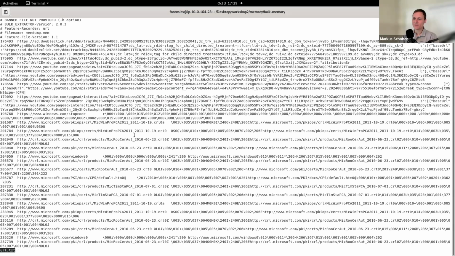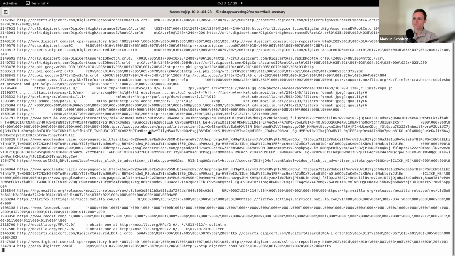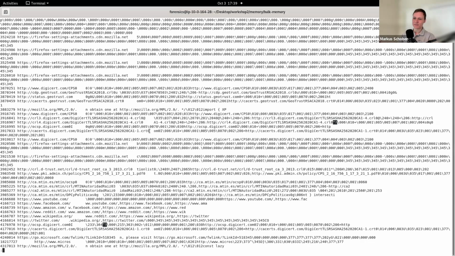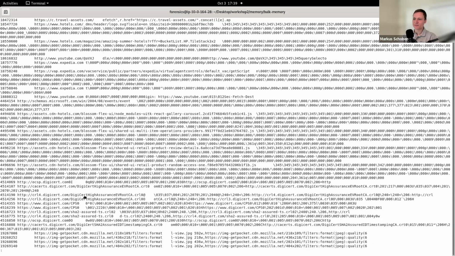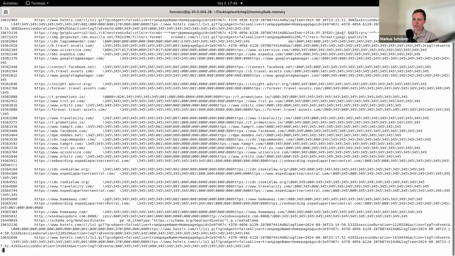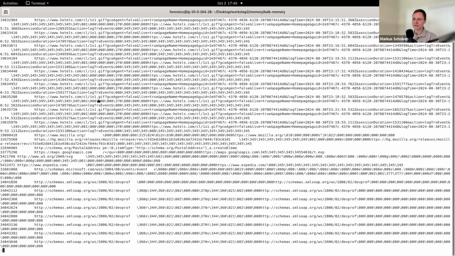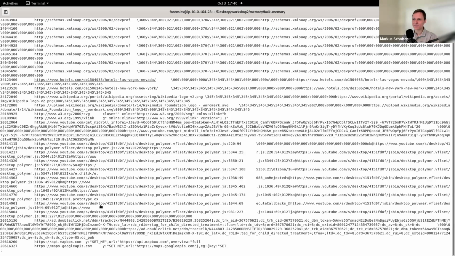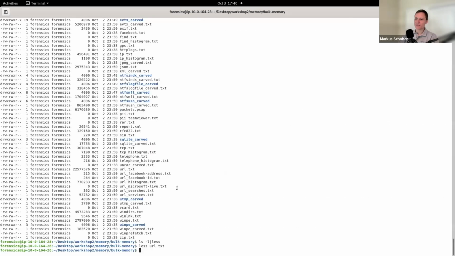But if we are just looking for, hey, was this system connecting to any interesting URLs, or confirmation of a URL that we are looking for, it might be in there, right? You can see a bunch of garbage, but also a bunch of interesting things that were just parsed out from random locations, such as files, right? There's a lot of XML header stuff, but also there's some YouTube and whatever. So here are the URLs. Same thing also for